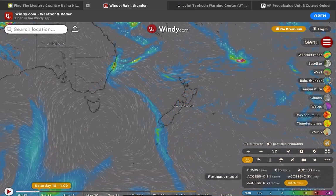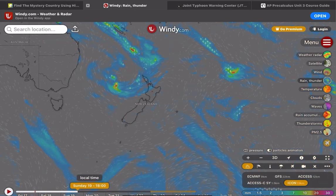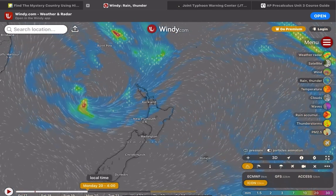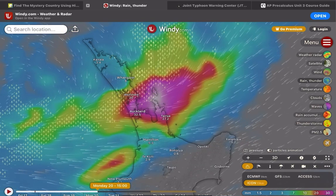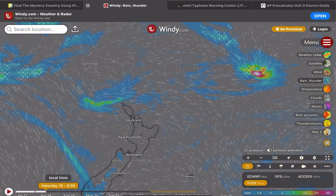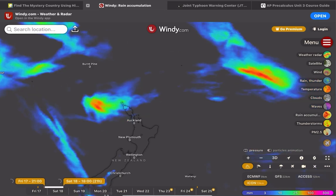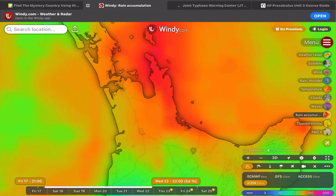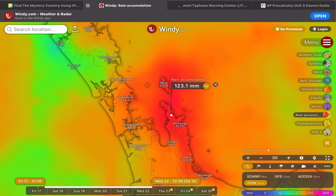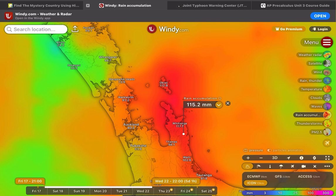And now the ICON too shows a similar thing. Sunday, a few showers right in New Zealand, and it shows into Monday some very intense storms in some areas. Be careful in Auckland and other areas throughout the North Island. And into Tuesday, still some storms. So be careful. The accumulations differ depending on the model, but the ICON shows some 125 millimeters in some spots, in Auckland some 80 millimeters, some 93, some 100. So be careful with flooding in those areas too, especially if those storms dump a lot of rain in a short